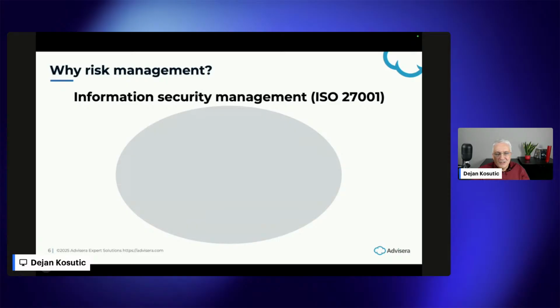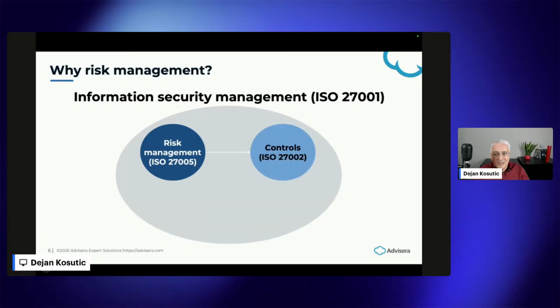So you can understand ISO 27001 as, let's say, a general framework. And within this framework, you have risk management. So as I said, this is where you assess what kind of bad things can happen to your company. And then based on these conclusions, you actually start implementing controls. And then one of the very important things is to start measuring the effectiveness of these controls. And then these results are actually feeding back into